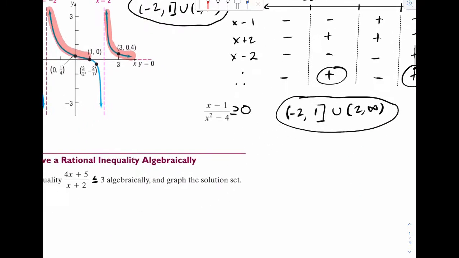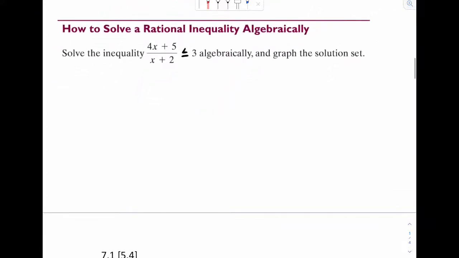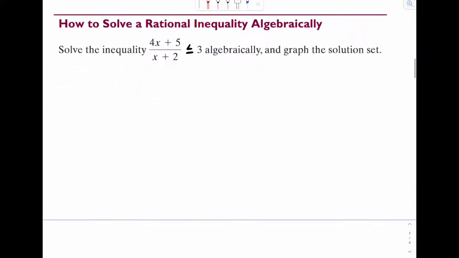So our last example is right here. We're going to do this algebraically, meaning we're not going to graph it. So what we're going to do is we have to create the 0. So you really have to understand that you need a 0. You do not want to multiply by x plus 2 here. So if you were to do this,